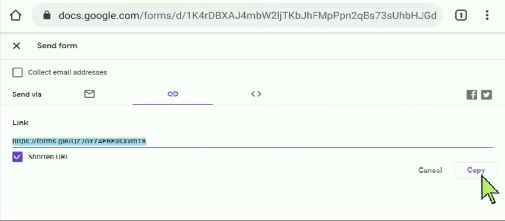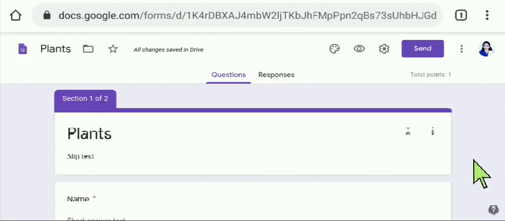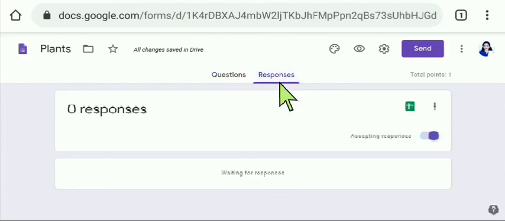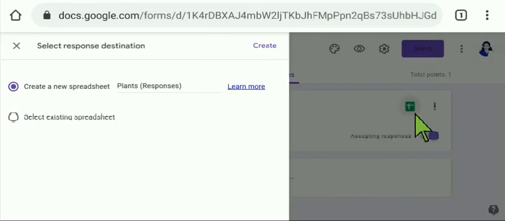Next, if your children have attempted the quiz, how to get the marks? Go back. Next to questions, you can see responses. Click on responses. Here you can see the Excel symbol. Click on that. Create a new spreadsheet.